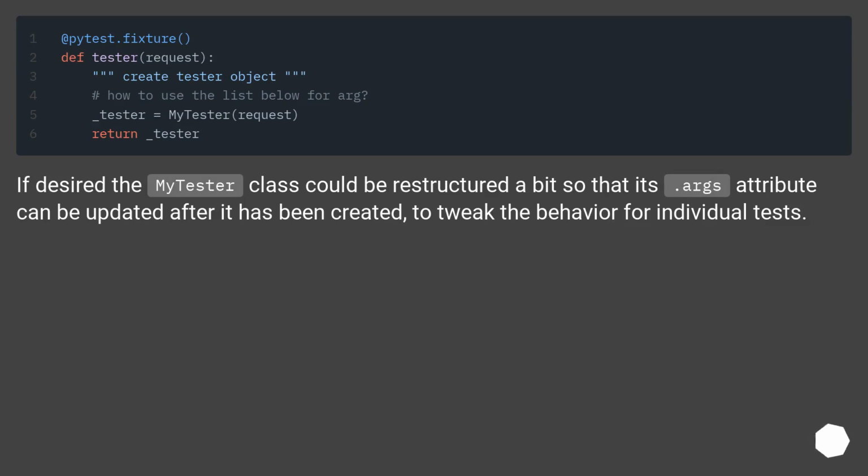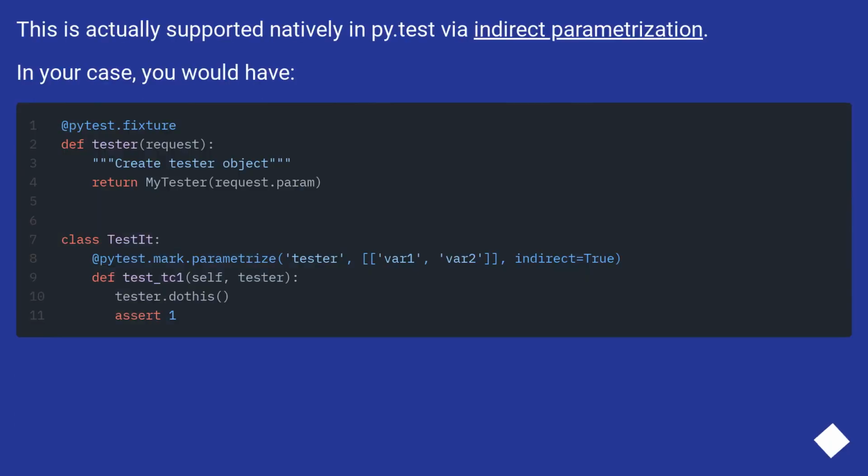If desired, the pytest class could be restructured a bit so that its .args attribute can be updated after it has been created, to tweak the behavior for individual tests. This is actually supported natively in pytest via indirect parametrization. In your case, you would have